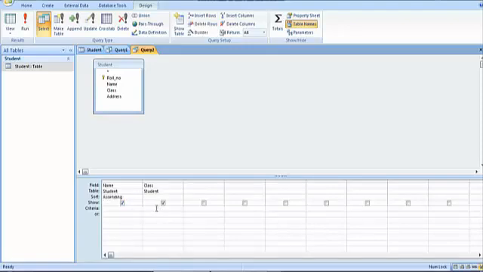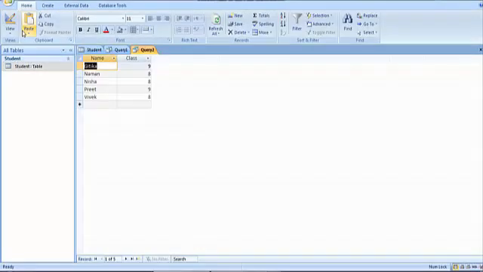Now criteria, in the criteria obviously class equal to 8 I want, but along with 8 I want 9 also. So I'll go for the next field here, or. That means this also we want and the next condition also we want. So if I write equal to 9 here, that means two classes' students will get selected and their records will appear. So again let us run the query and let us check whether it's happening or not.